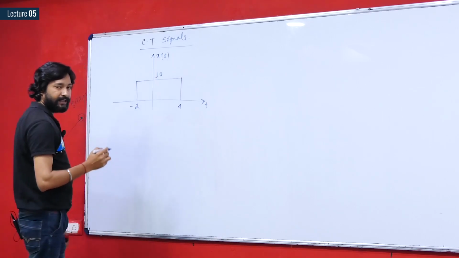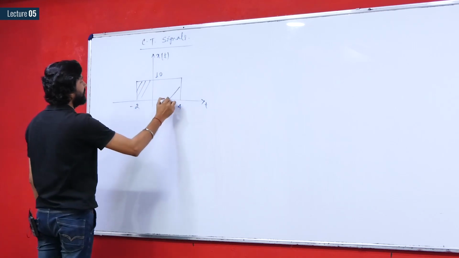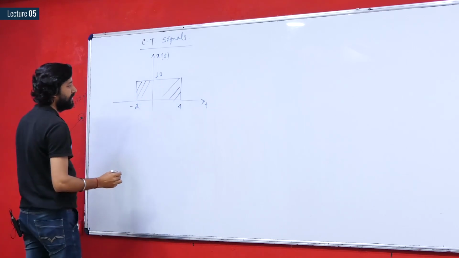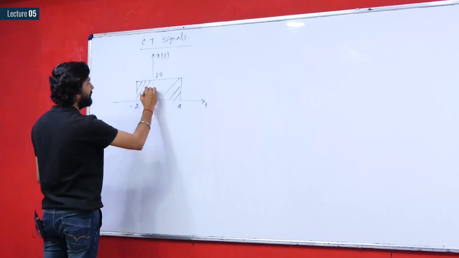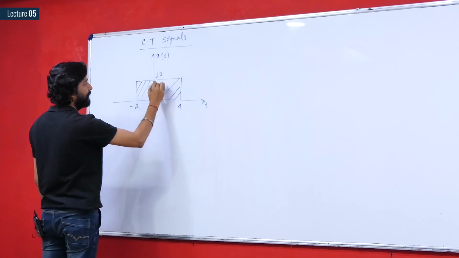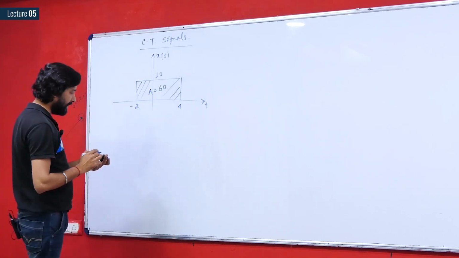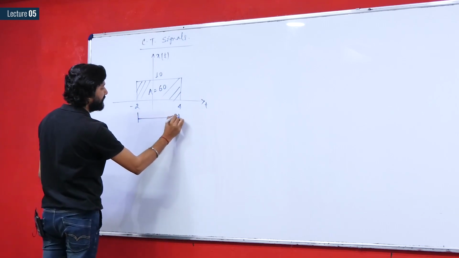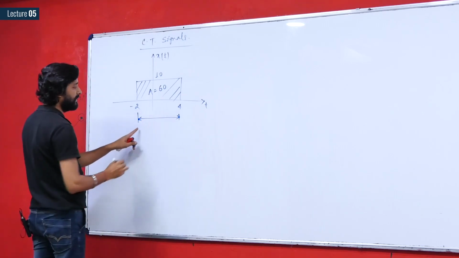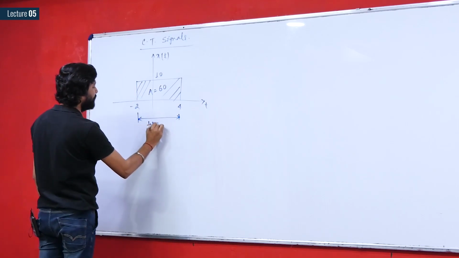Then if you define all the properties, and you have to find the area of this signal x of t, which is a rectangle, the time width is 6 and the height is 10. Therefore, the area of the signal x of t is going to be 10 into 6, that is equal to 60 square units. Now, if you see the overall duration of existence, the width of x of t is w equals 6.